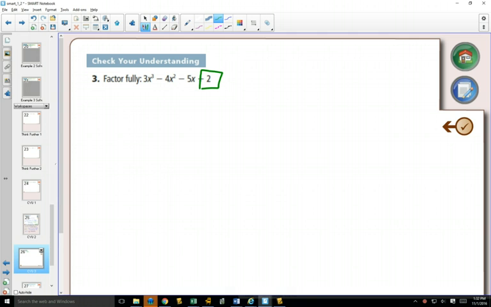What value would you like to try first? Negative 2. Okay? Now, as far as trying values go, I'm glad you said negative 2, because it would be one that I wouldn't necessarily choose first because the math is harder. Does that make sense? That you're going to have to do more math with a 2 than you would with a 1 or a negative 1? But that's not necessarily a bad thing, because maybe negative 2,